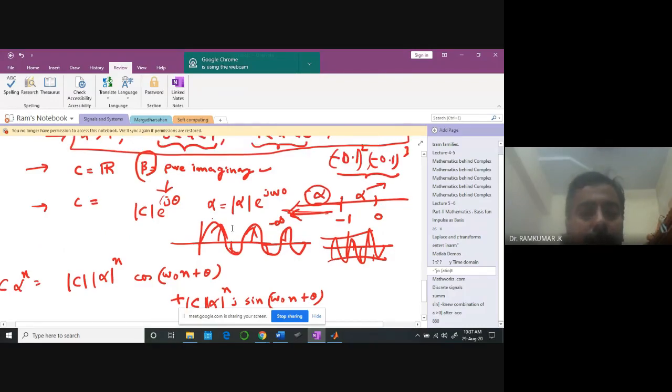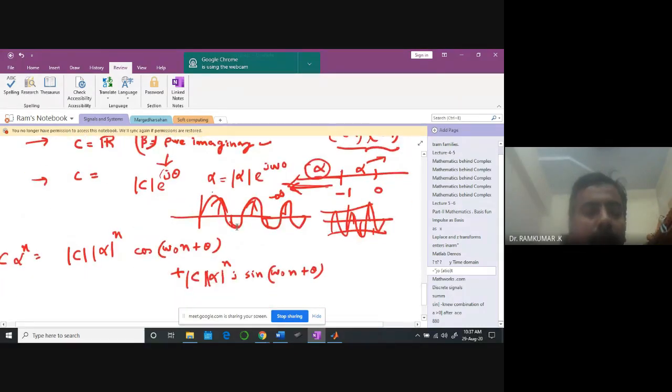Okay, this is the kind of sample we are talking about. In the same manner, the C can be complex, and this alpha n can also be complex. Beta, sorry, the beta can also be complex. e power beta n is what I'm telling, where alpha is equal to e power beta.